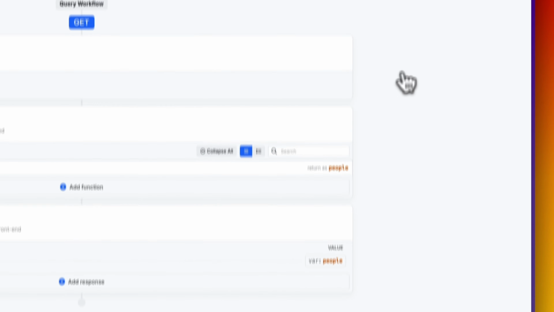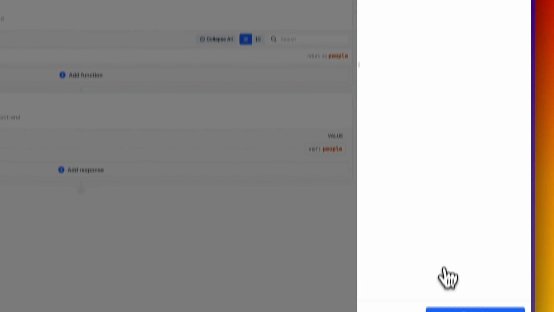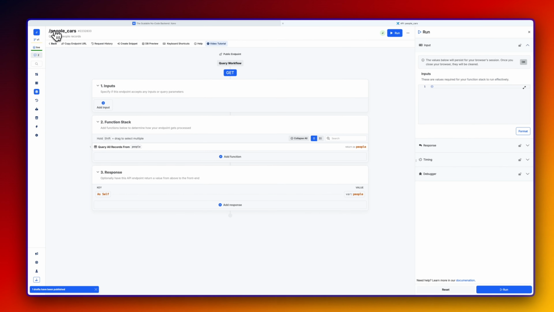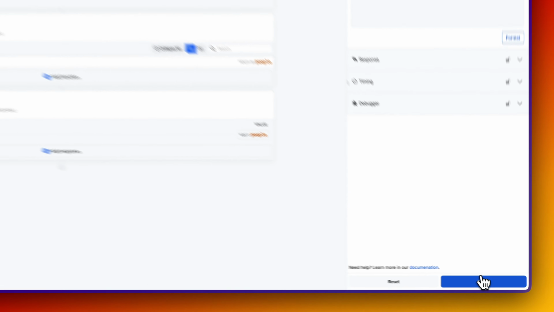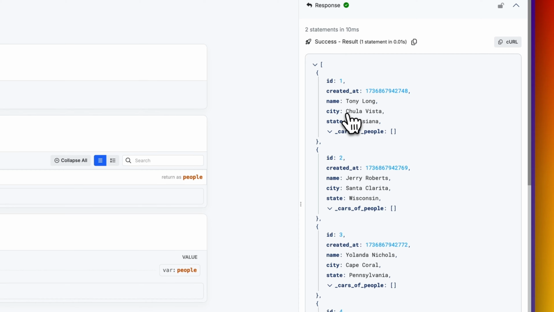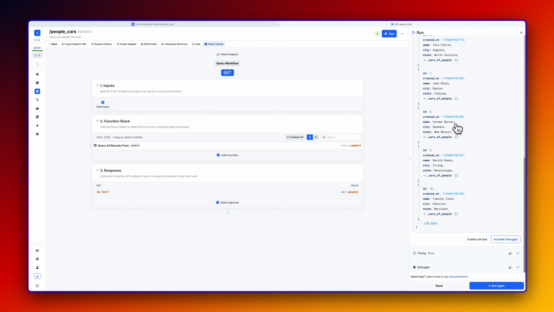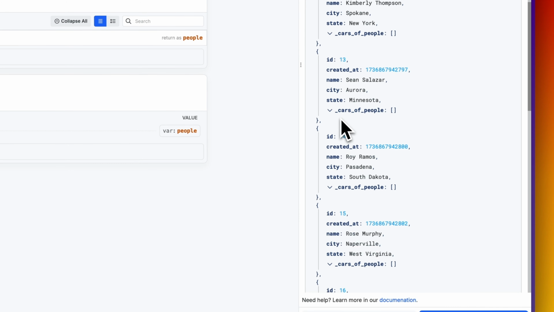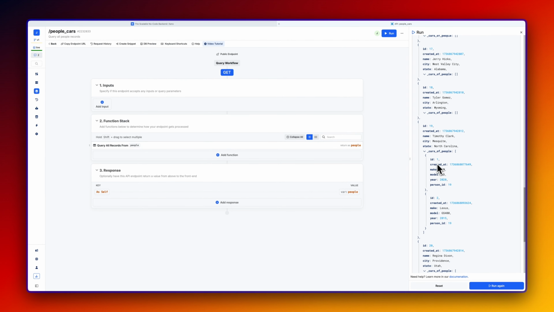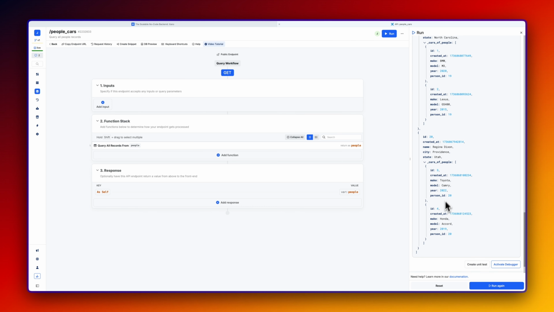Okay. And so I'm happy with this. I'm going to hit save. And now I'm also going to hit publish. Okay. I want to make sure people, cars, no input. Check this out. I'm going to run this, and look at this. It's going to get us the cars of people. So all of this is blank, blank. If we keep going, let's take a look. And now we get to Timothy. Timothy has two cars, a BMW and a Lexus. And Regina has two cars as well, a Toyota and a Honda. Okay. And what's cool here is that it gives us this really nice JSON